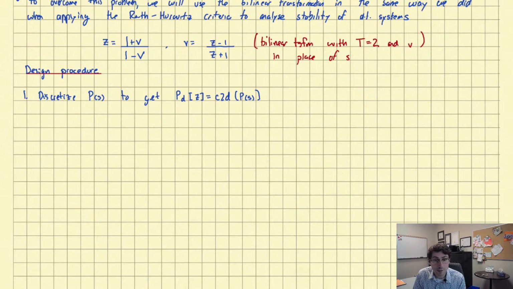I'm using the bilinear transformation to make it look like a continuous time system. I'm not undoing the discretization; we're just using the properties of the bilinear transformation because it has some nice properties that will help us do design. So I'm going to set P(v) equal to P_D((1+v)/(1−v)). Then I'm going to design the controller for this plant, P(v),